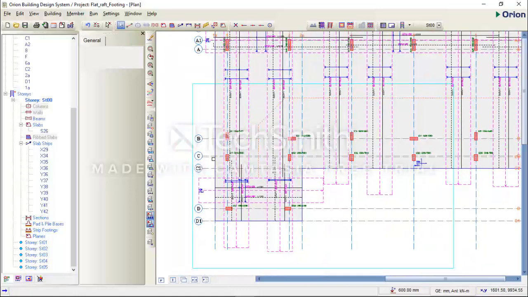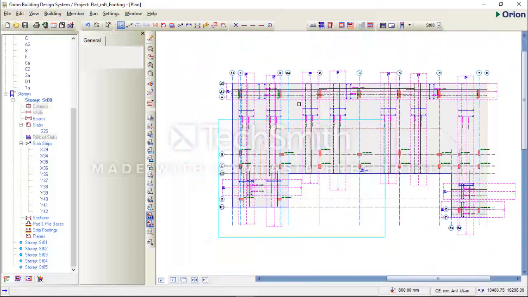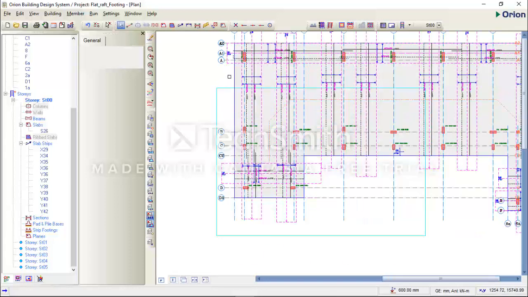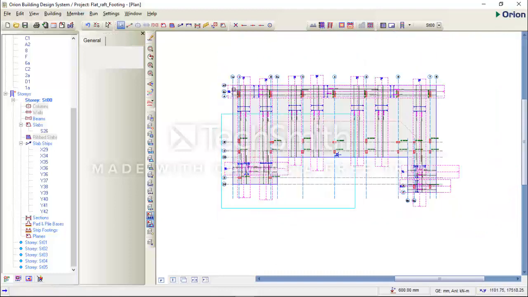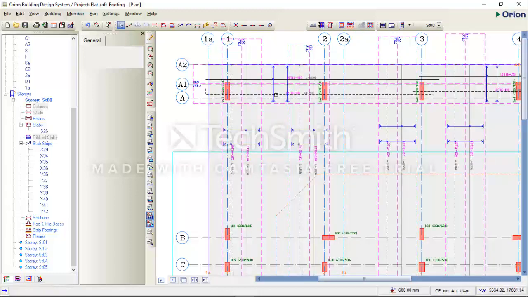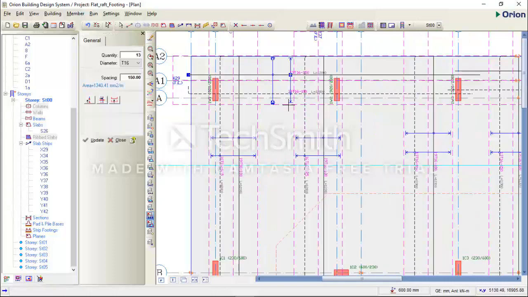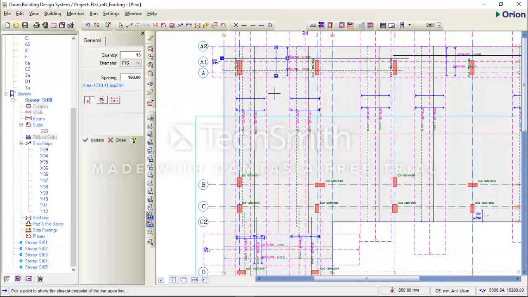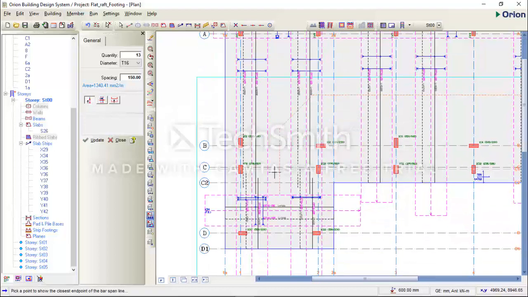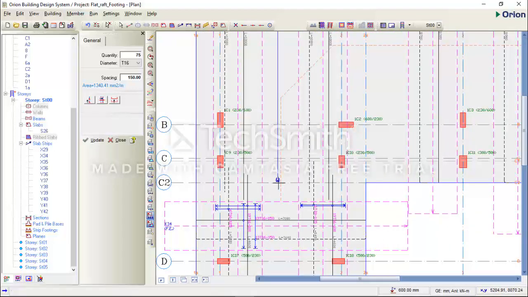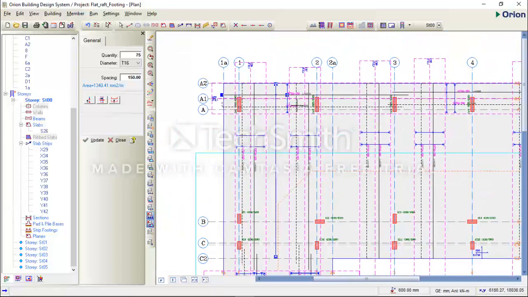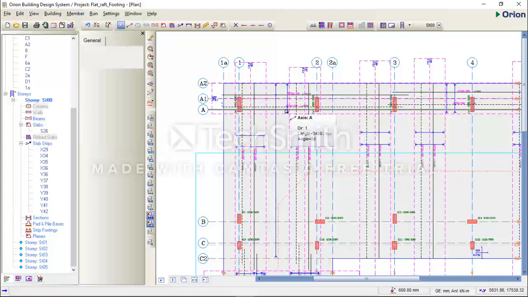I know the reinforcement I need to cover, so I'm going to place reinforcement to cover the whole of the rectangular area between grid A2 and C2 by adjusting these reinforcement callouts. So I select the bottom reinforcement callout, click on property. I can move the dimension length to somewhere here. You can see I've moved it. So I'll do this for all the dimensions.